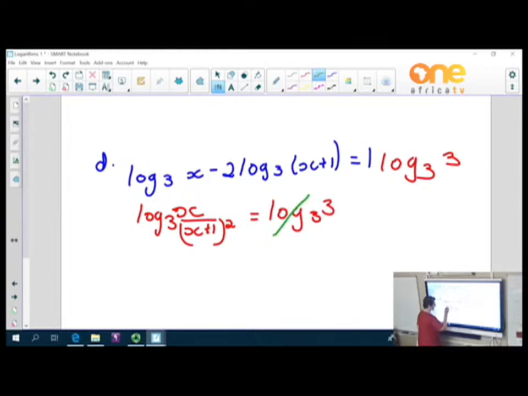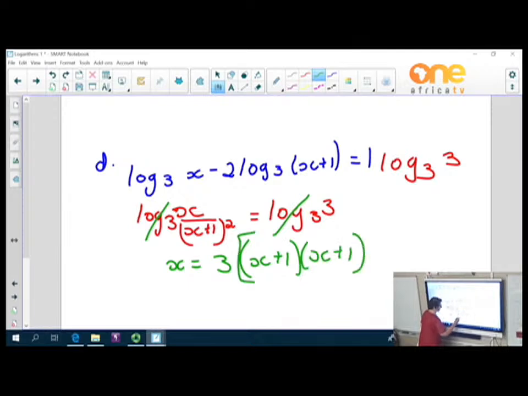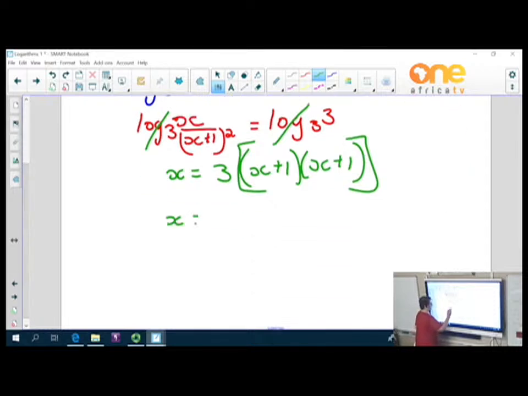So we can cancel on both sides, and then I can multiply the 3 with this one. So this is now x is equal to 3, and I multiply here x plus 1 times x plus 1, because I have to square it. So x is equal to 3, and this is then x squared plus 2x plus 1. Now we can multiply with the 3 here, so it is 3x squared